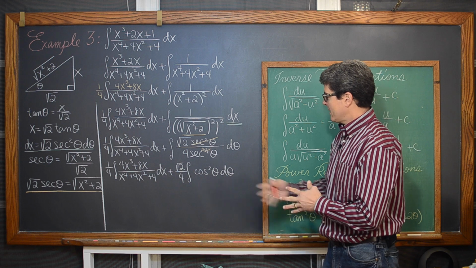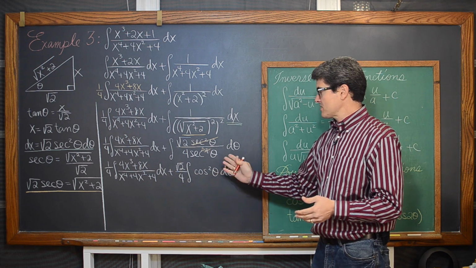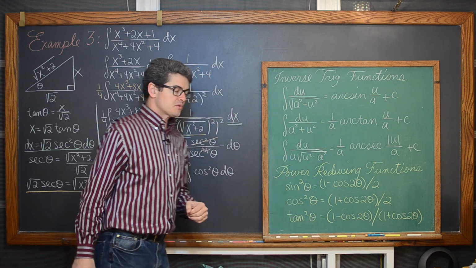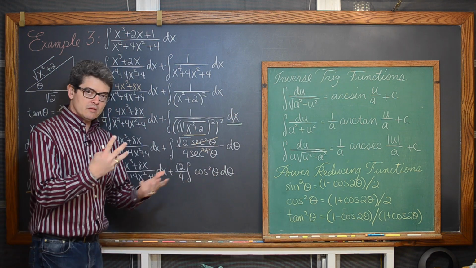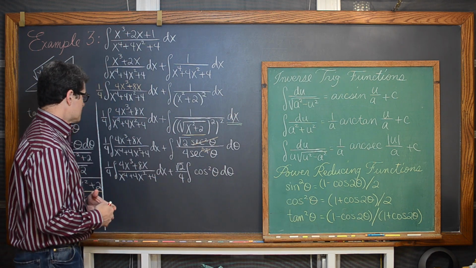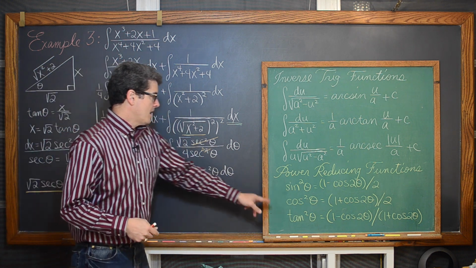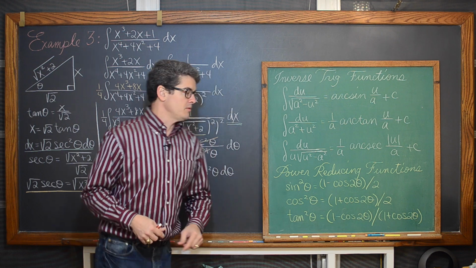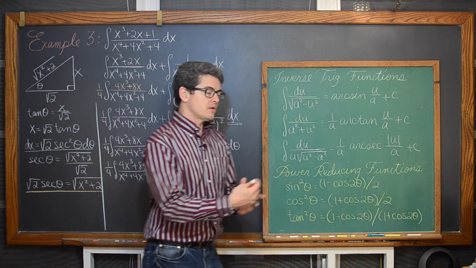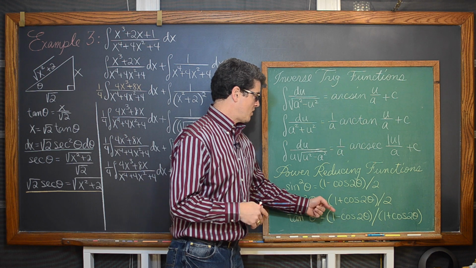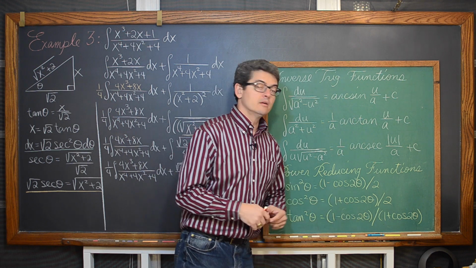And, well, I don't have a u and u prime situation here. So this is where we're going to be using those power reducing formulas to rewrite this into an expression that we can continue to work with. So we're going to rewrite the cosine squared theta as (1 plus cosine of 2 theta) over 2. Only when I go into the next line, I'm going to write this as 2 separate terms as 1/2 plus (cosine of 2 theta) over 2.